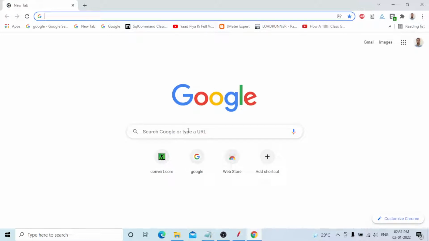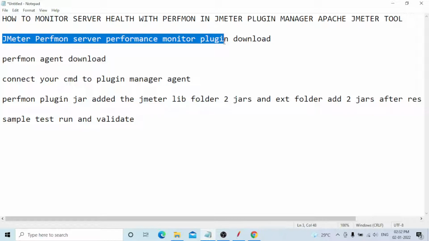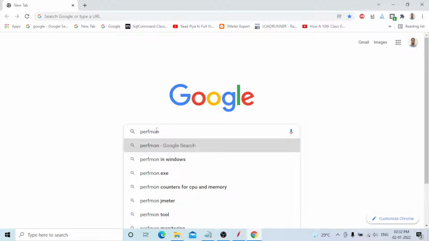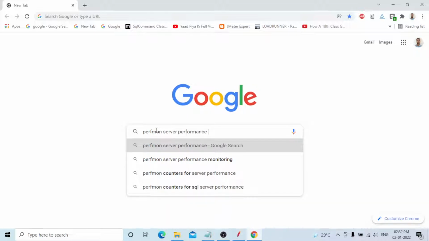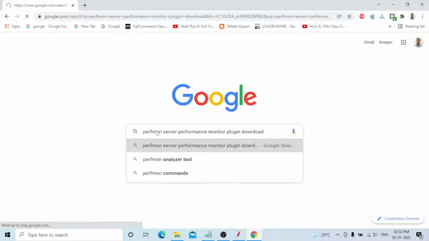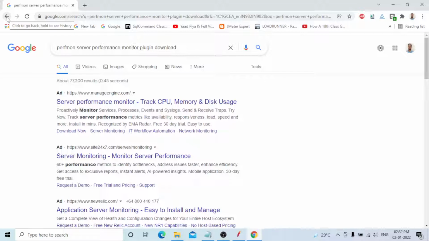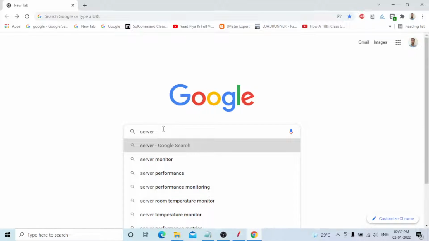Okay, now you need to start. First, you need to download this one, the JMeter PerfMon server performance monitor plugin.